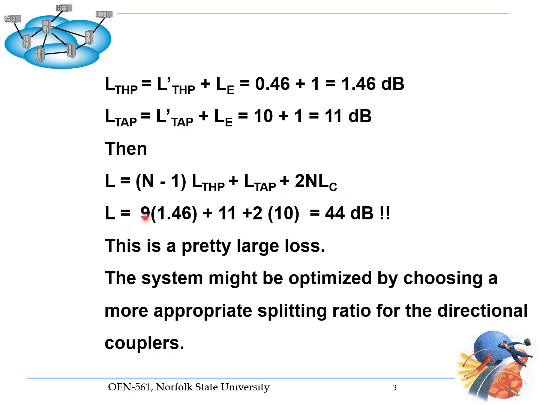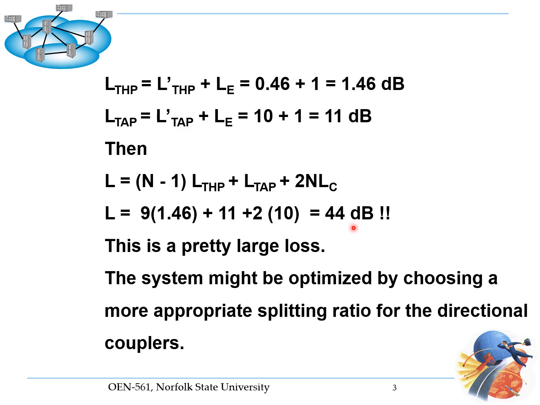Summing it up, we have 10 minus 1, 9 times 1.46 plus 11 for the tap loss, plus 2 times 10, total 20 for the connector loss, adding up to